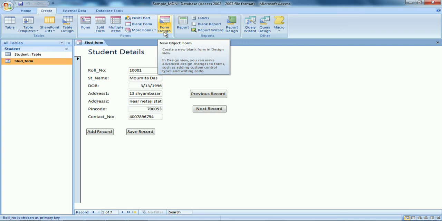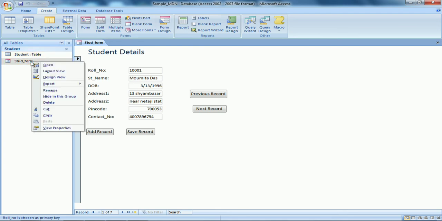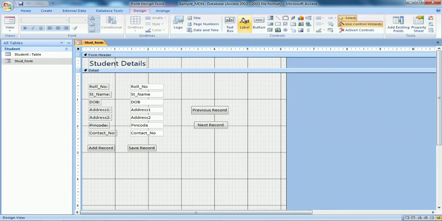So form design we have done: how a blank form is created, how to save a form, how to design a form, how to change the layout, means how to rearrange the buttons, how to use command buttons, how to use check boxes. Now there are options I have not used. Let me show you how I can. Now suppose I want to add a label,